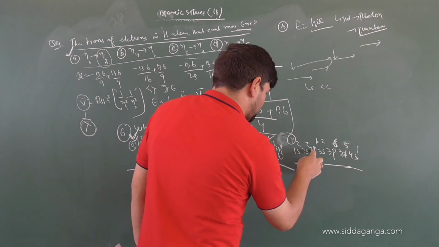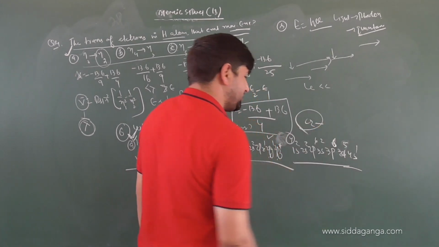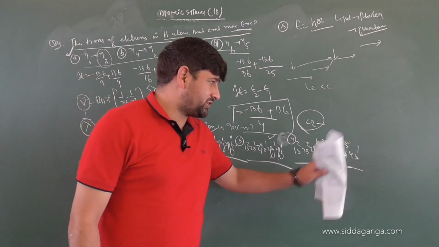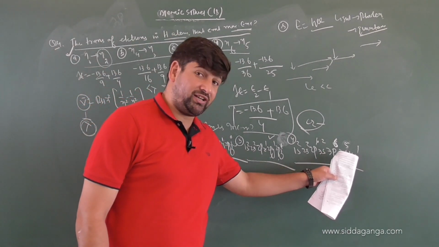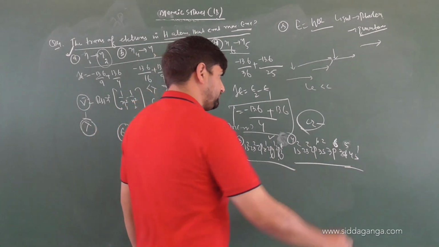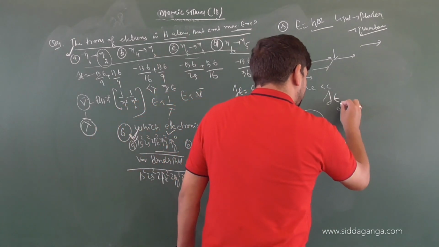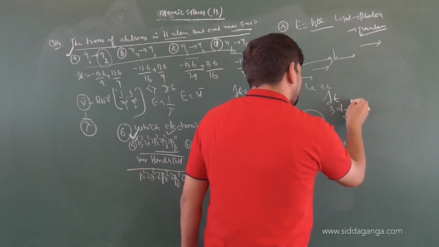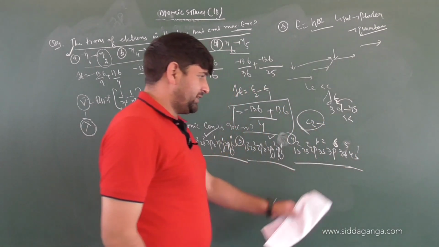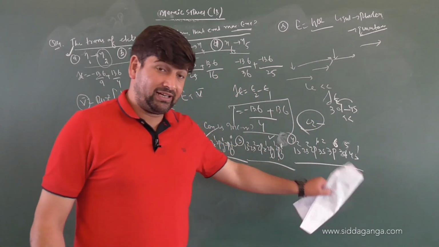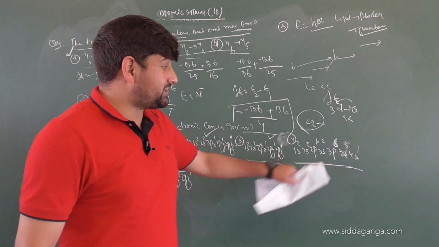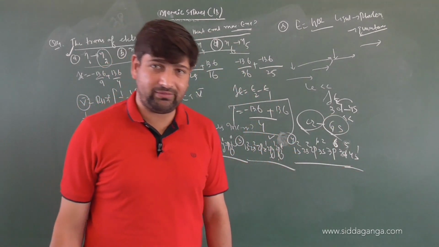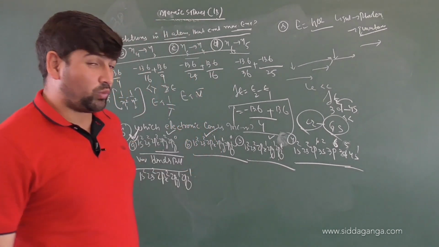Then 1s2, 2s2, 2p6. This I already told you. This is the exceptional electronic configuration of chromium, where d becomes more stable than s. So an electron from s is shifted to d. Reason? Energy difference. The energy difference between 3d and 4s is very less, so an electron can easily move from s to d. This is the electronic configuration of chromium. And remember, this will be the ground state electronic configuration, which is the most stable electronic configuration of a particular element. So the correct option will be option 1.